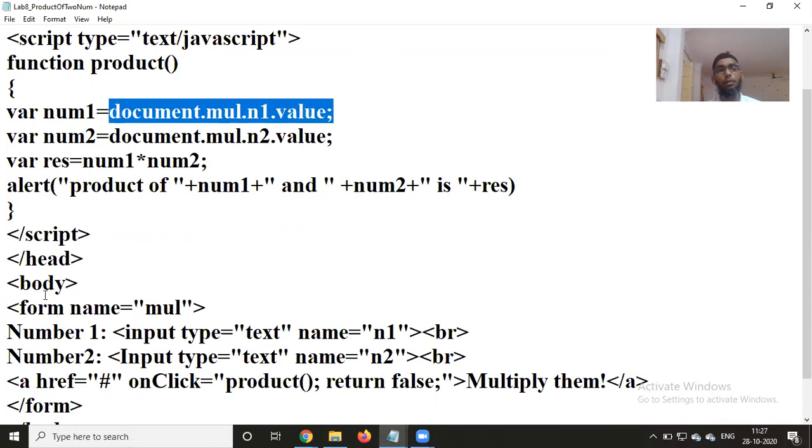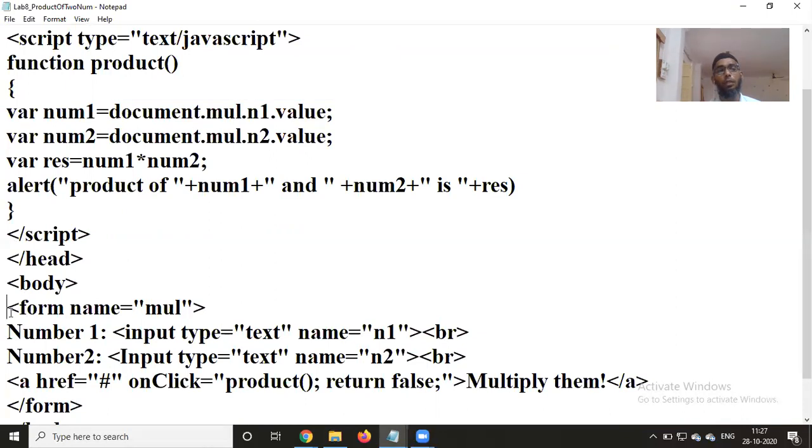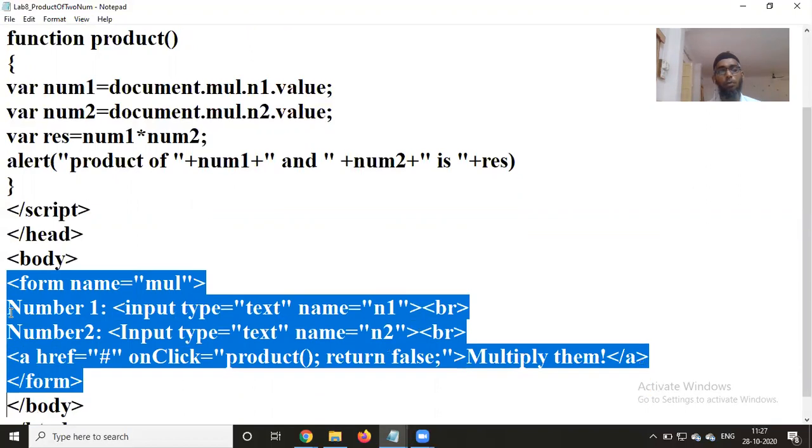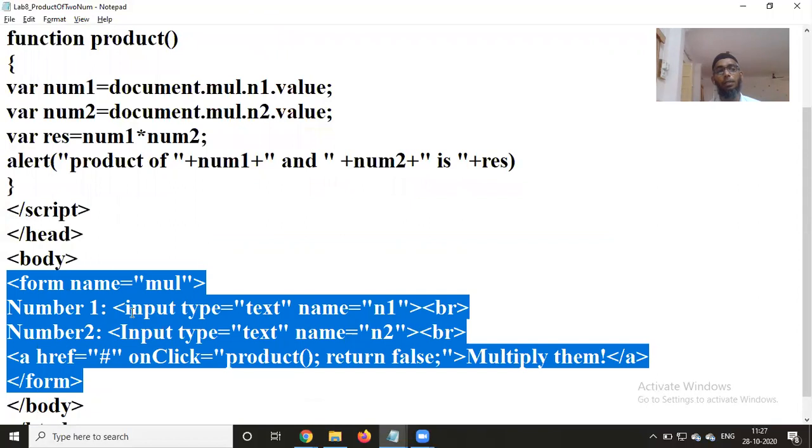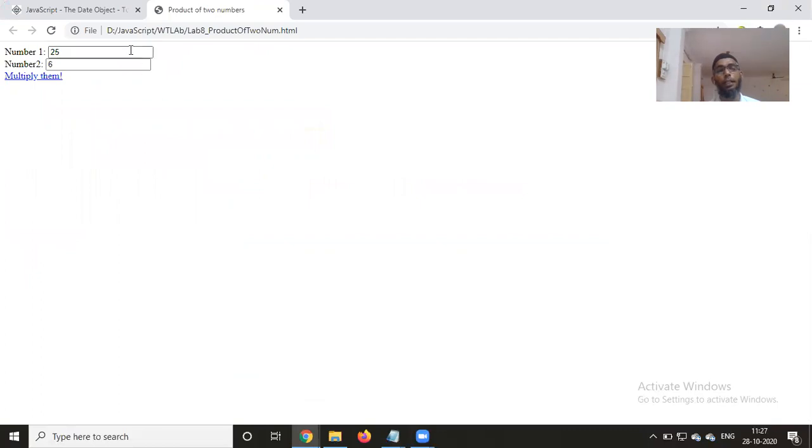In the body section of the HTML, I'm going to create a form. If you observe this particular code here, I'm first of all writing number 1, the label which I'm reading. Next, beside that label, I'm saying input. Input type is text, so that's the reason why we are going to get a text box.